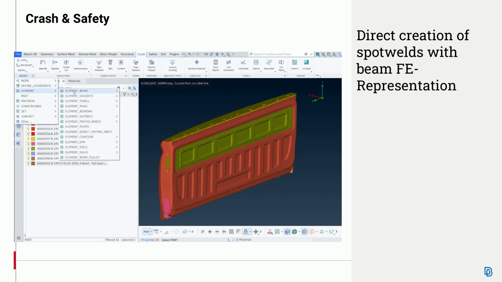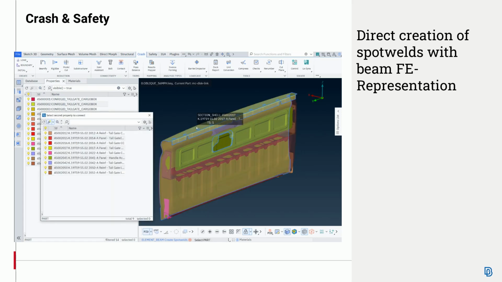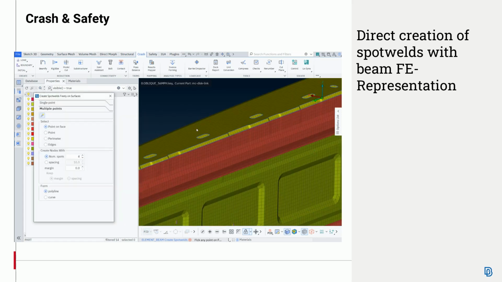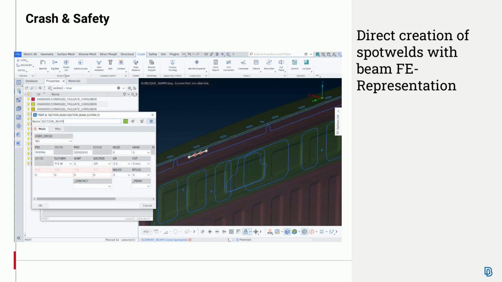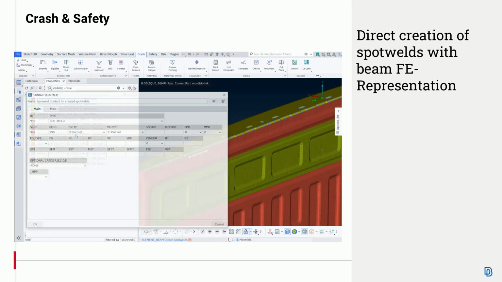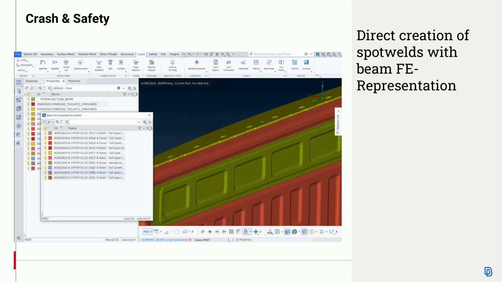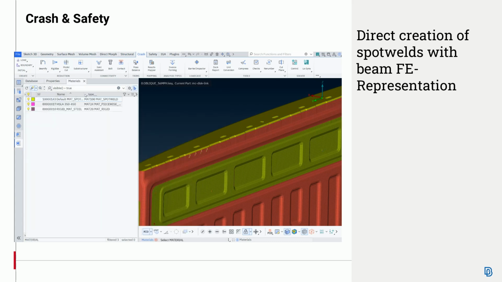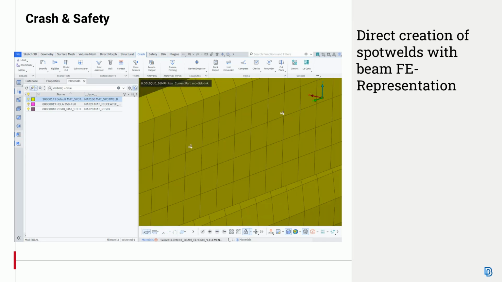Moving on, LS-DYNA spot welds can now be created directly and easily in ANSA, using LS-DYNA beam finite element representation, as shown here in the video. This new addition is a step aiming at simplifying the process of creating deck-oriented connections without the use of the ANSA-oriented ones inside the program. This is meant to significantly reduce manual intervention. Direct spot weld creation can save considerable user time, thus further enhancing automation in the model building workflow.